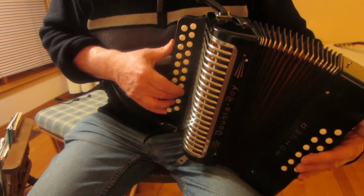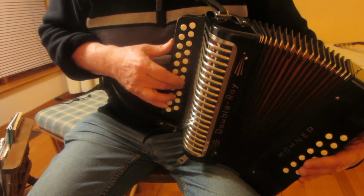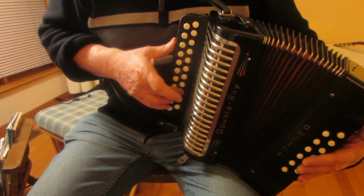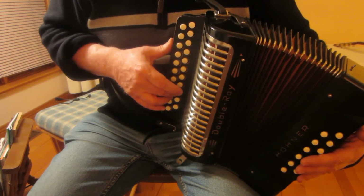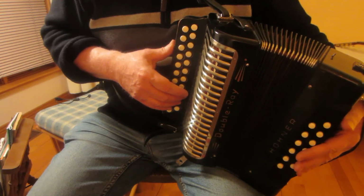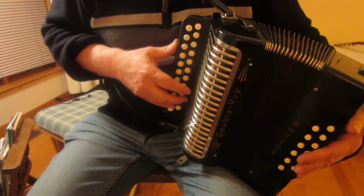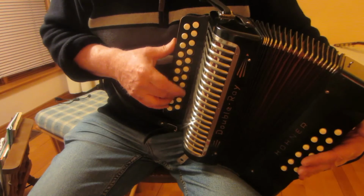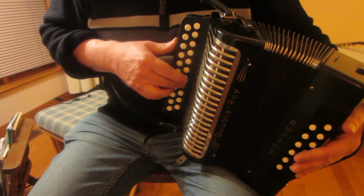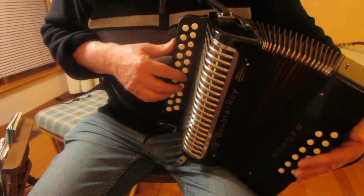Carry on. If you want to use a grace note of F sharp there, or a linking note, leading note, filling in note. Or